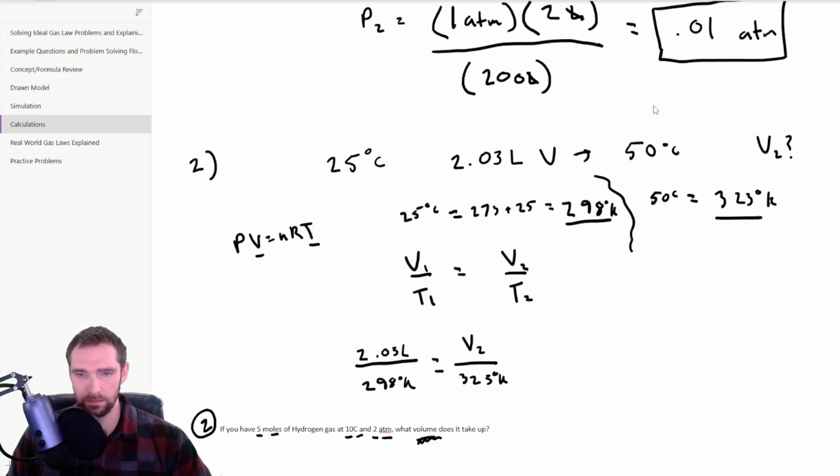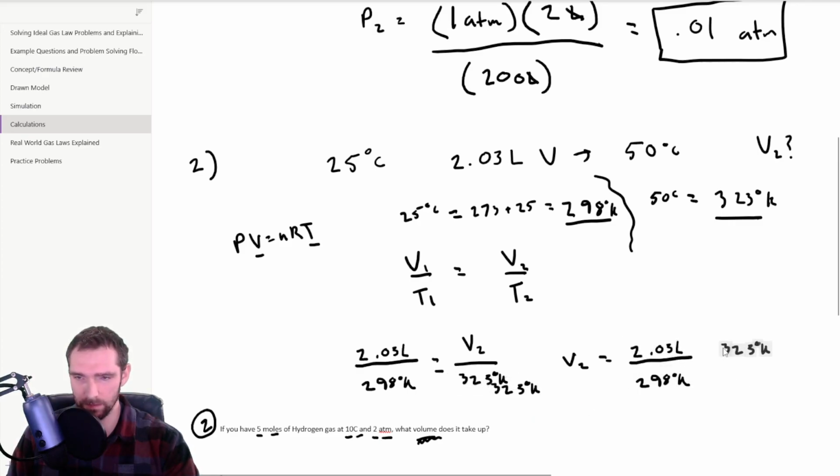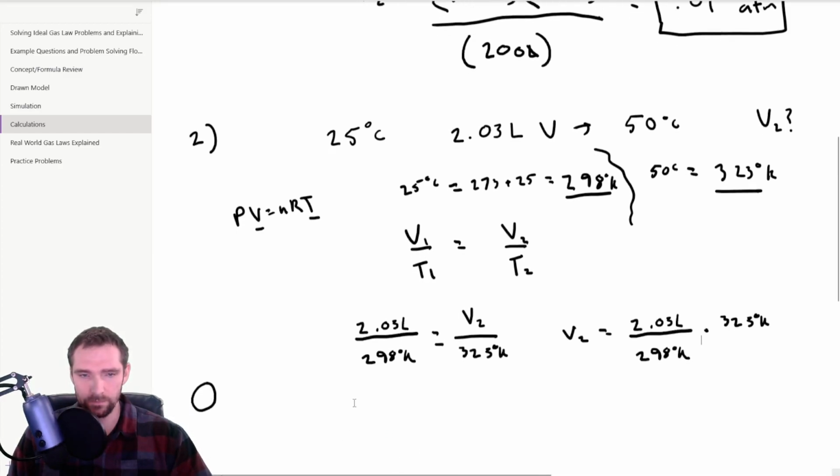And if we rearrange that, we can say that V2 is going to be equal to this divided by that, times this right here on the top. You can see that because if we multiply both sides there, you would get